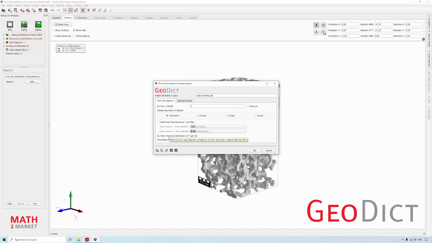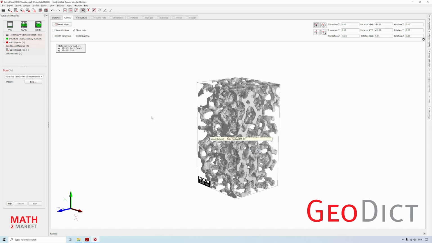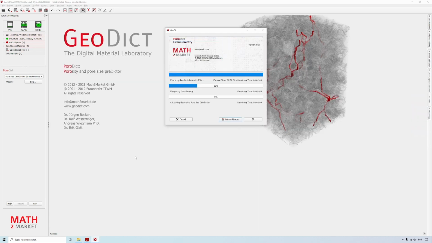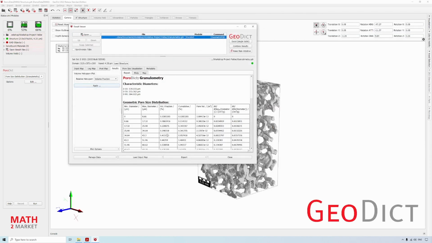Click OK and run. Now GeoDict will start the granulometry to analyze the pore size distribution. This will take a few seconds since this is a pure geometric approach. And you see, we are already done in less than 10 seconds.